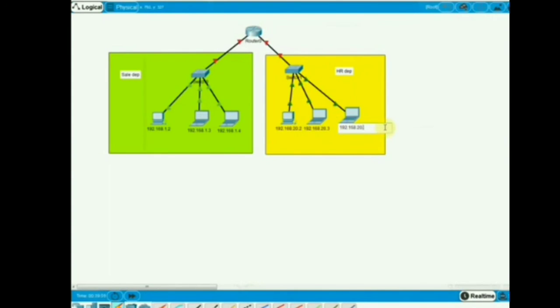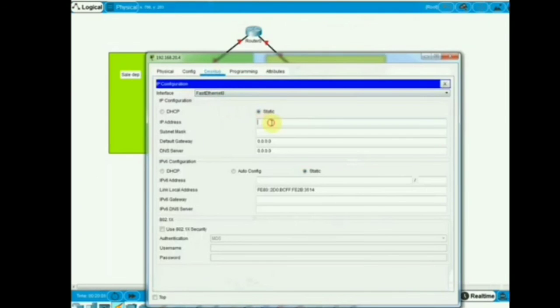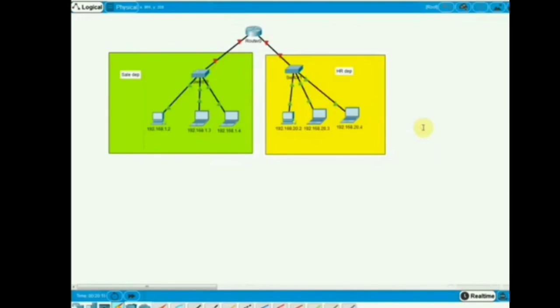Okay, and here I will keep 192.168.1.1, and here 20.2, we are using 20.2 here. So 20.1, so this is the IP, this is an example.